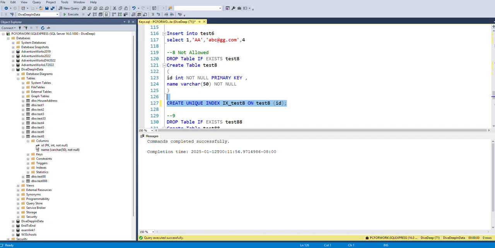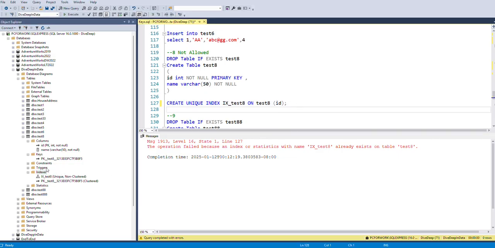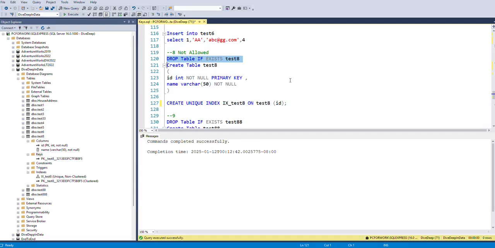Interesting. Refresh it. Yes, interesting, right? So okay, it created just a non-clustered index, but not the key as a unique key. Okay, so the question is, can you create a primary key and a unique key on the same column